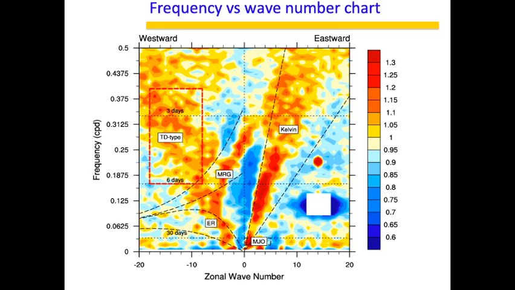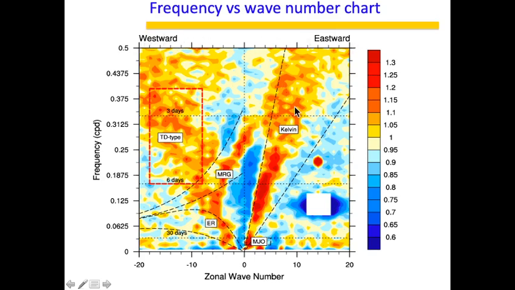All right, on that note, this is a very important chart, because from the equations that we solve, we can make a frequency versus wave number map. I already told you that the two important aspects of a wave are the wave number k and the frequency omega. So you can always have a map, and on this map you can portray different types of waves. The direction is westward, eastward, right?